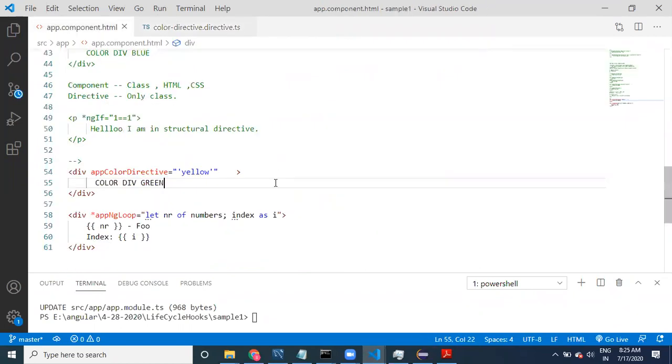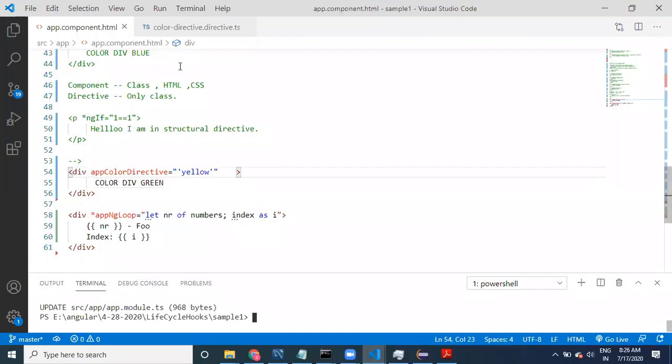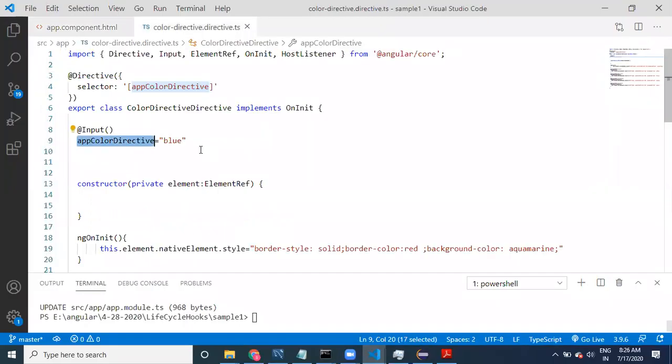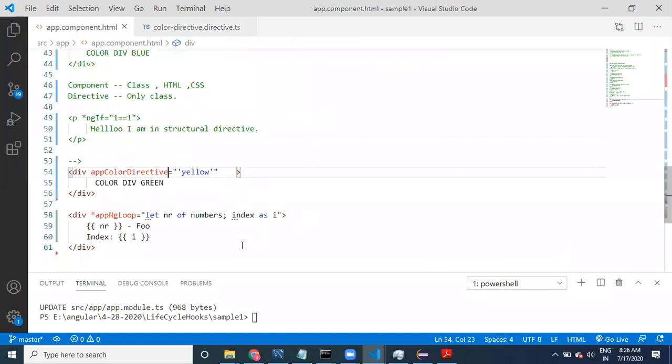Let us go to the code. If the property is different, in the normal directive it is not giving any kind of error.